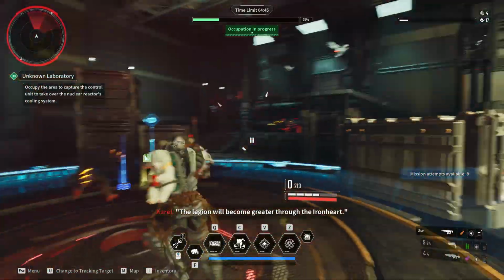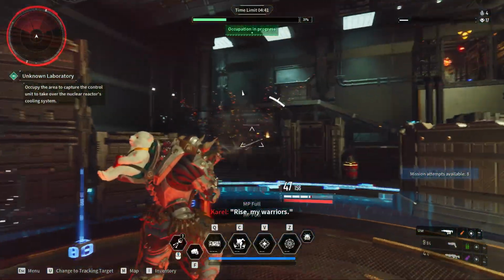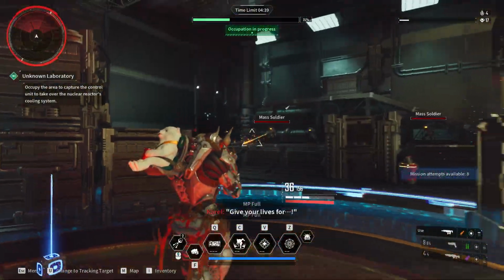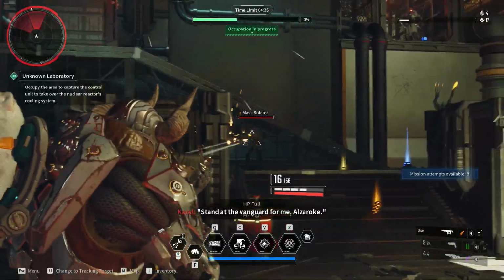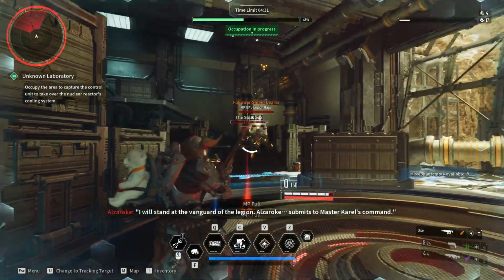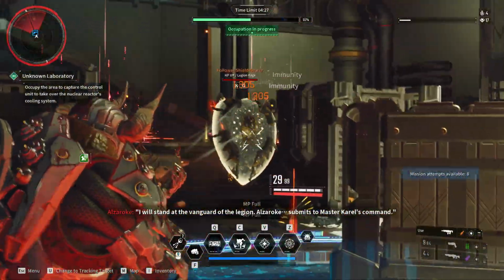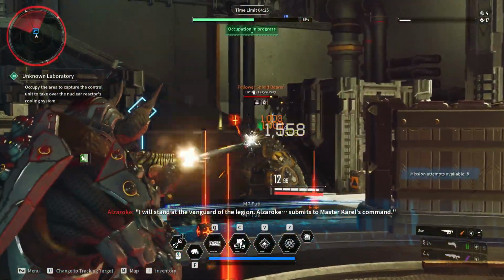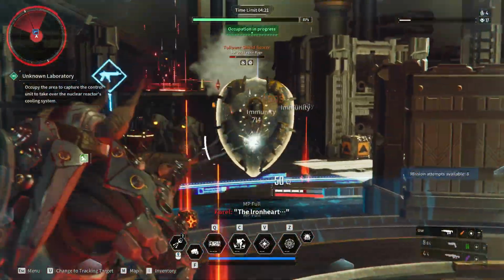Egypt will become greater through the Ironheart. Rise, Tarkarian. Keep your eyes focused. Stand in the vanguard. Touch them. Understand the vanguard. The Ironheart will...